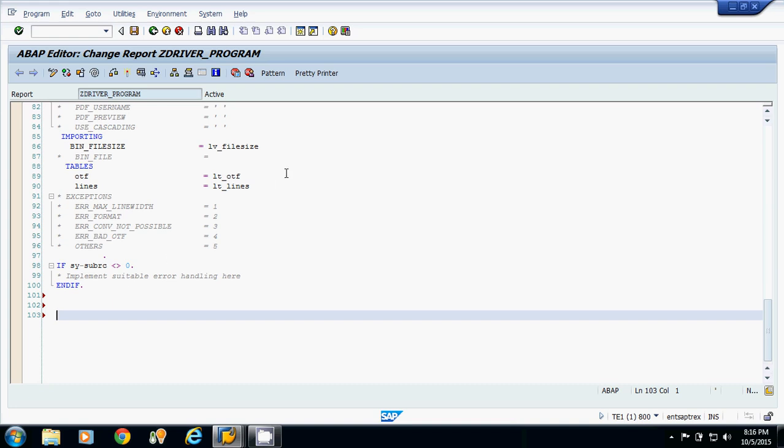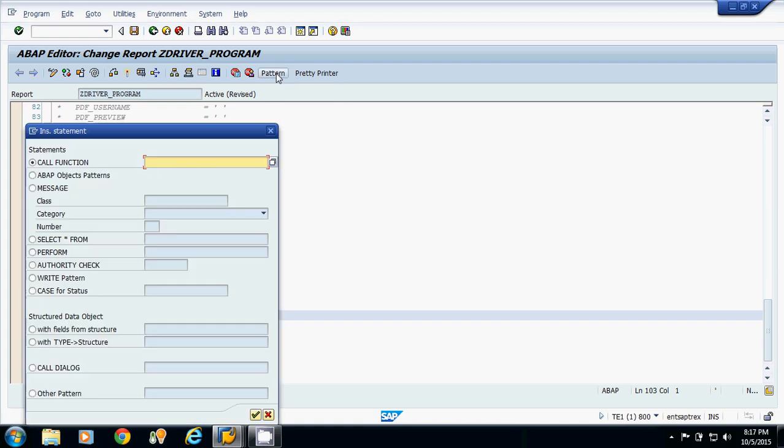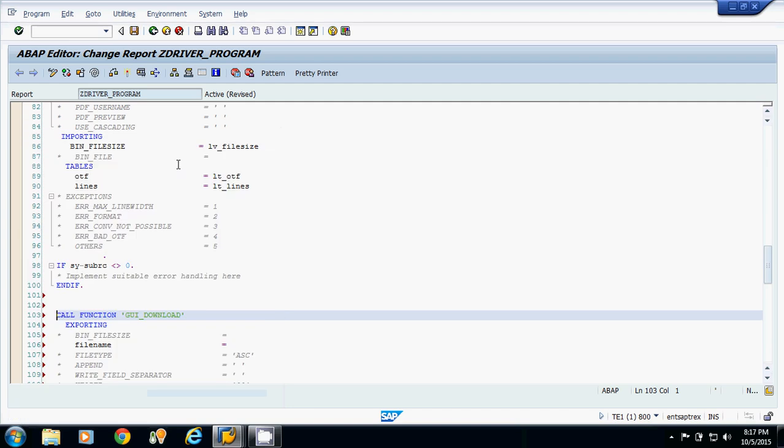For downloading, we have one reusable component in SAP, that is GUI_DOWNLOAD. So I will go for pattern, pass the name GUI_DOWNLOAD, and press enter.